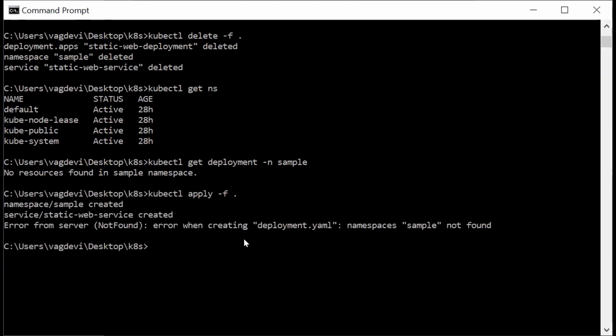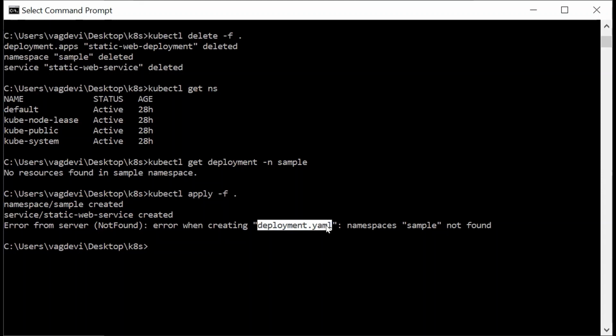Here we can see that the namespace is created, the service is created, but there is an error from server: error when creating deployment, namespaces not found. It seems to be creating through the file names ordered alphabetically, and that is the reason: D comes first. We mentioned in the deployment that we want to create this deployment under namespace sample.